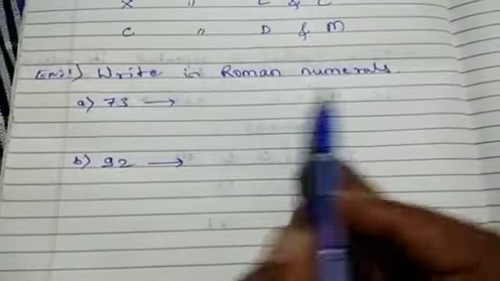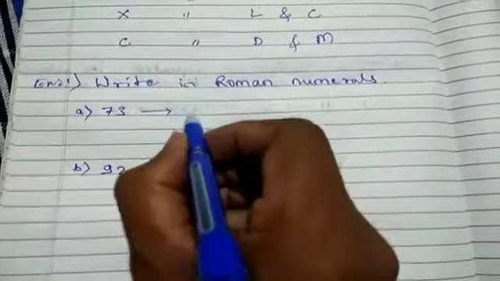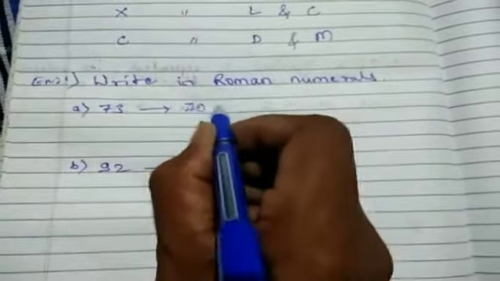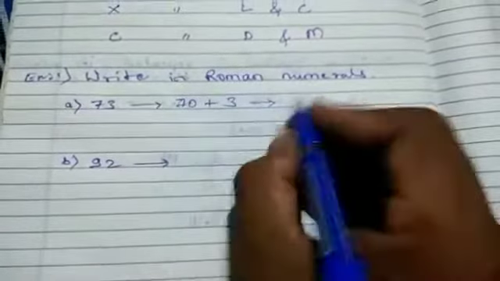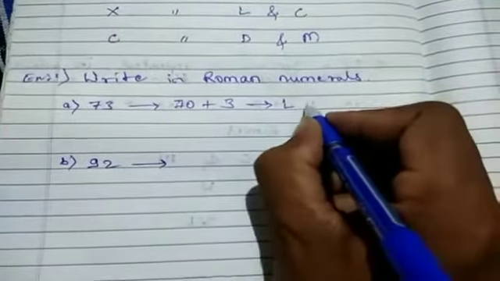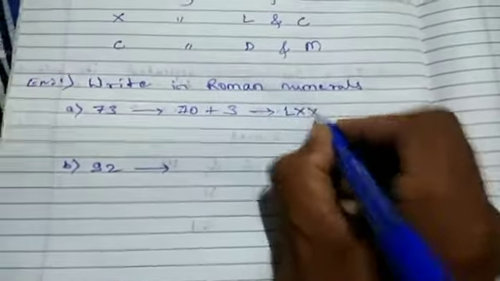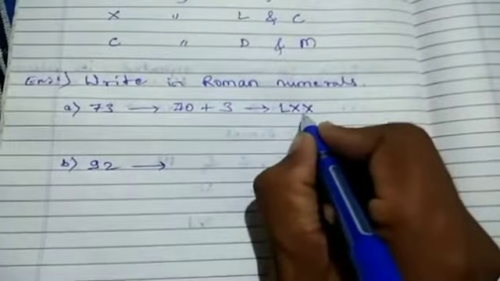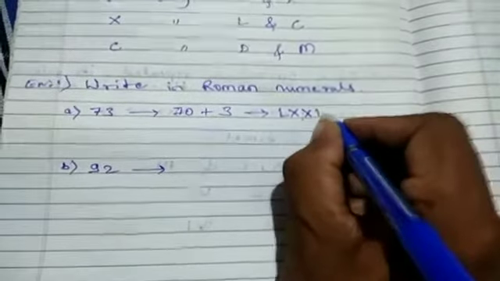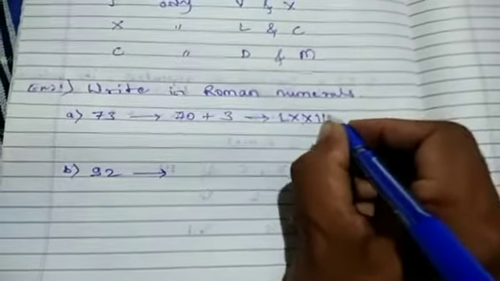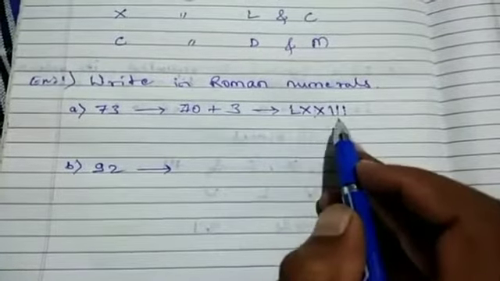Write in Roman numerals. Now see, the 73 I am going to write in Roman numerals. See how simple a way we have here. 73 we can write as 70 plus 3. Okay, that 70, how can we write? See, L means 50, and then X, that is 20. Therefore 50 plus 20 is 70, and plus 3 means 3 times I. So what is the value of 73 in Roman numerals? Which symbols can we use? L, X, and 3 times I.